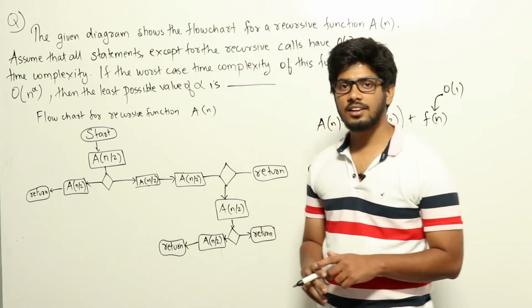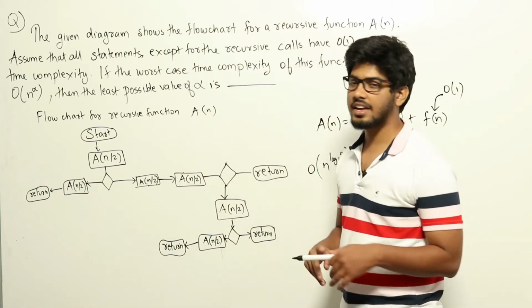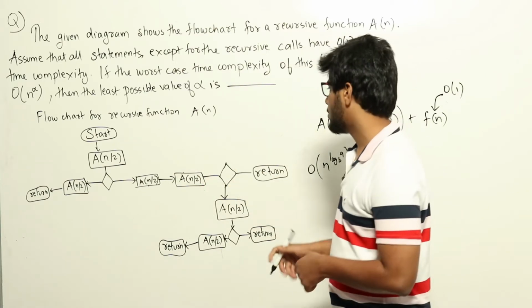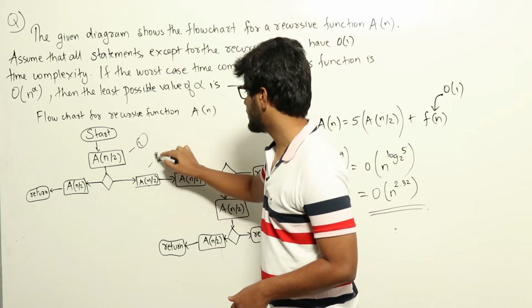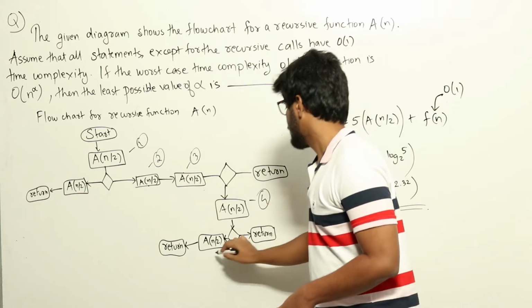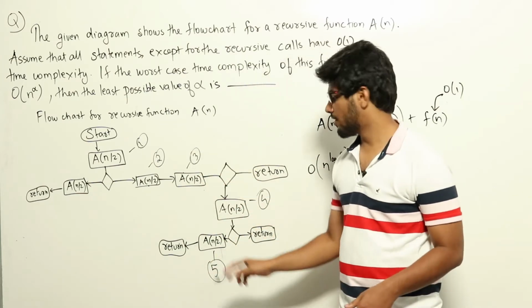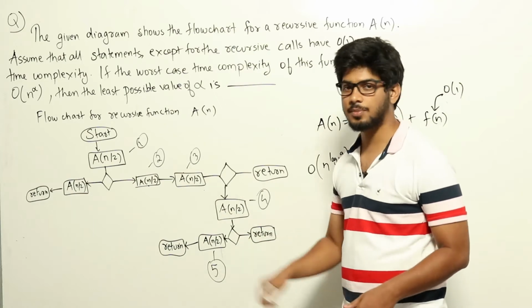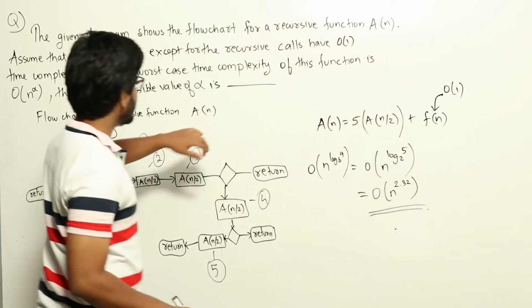Now to calculate the time complexity of this function, we need to take the worst path that it can take, which will give us the maximum time complexity, that is this path. Now how many A(n/2)'s does this path have? It is 1, 2, 3, 4, 5. So this is the worst case time complexity of the function when it is always taking this path. So the recurrence relation for this